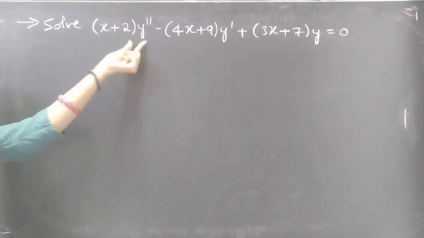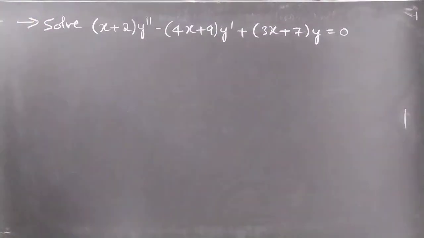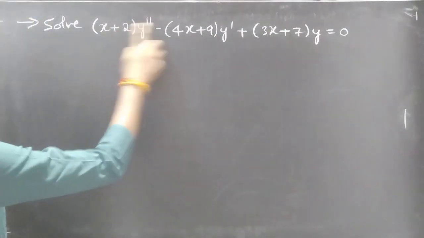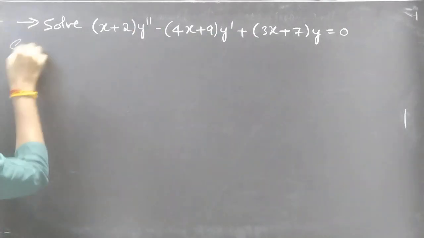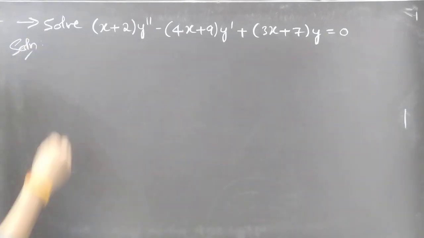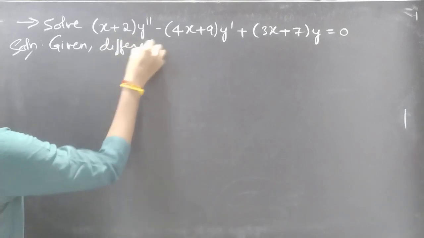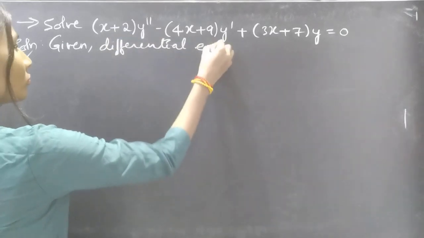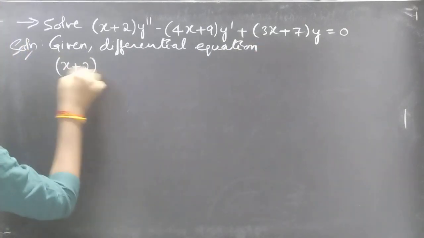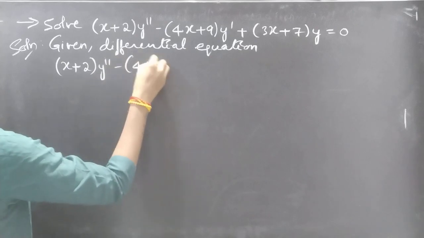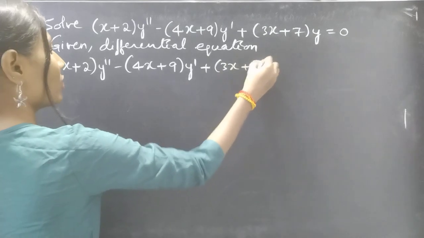Problem. Solve (x plus 2) y double dash minus (4x plus 9) y dash plus (3x plus 7) y equal to 0. So here we are given a differential equation with variable coefficients, and the equation is of order 2. Given differential equation: (x plus 2) y double dash minus (4x plus 9) y dash plus (3x plus 7) y